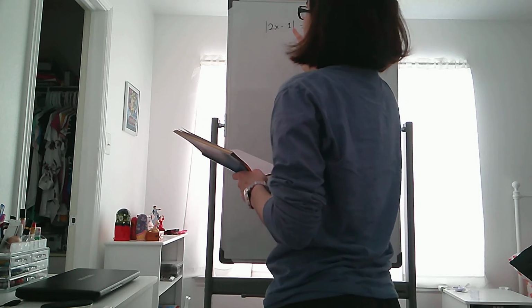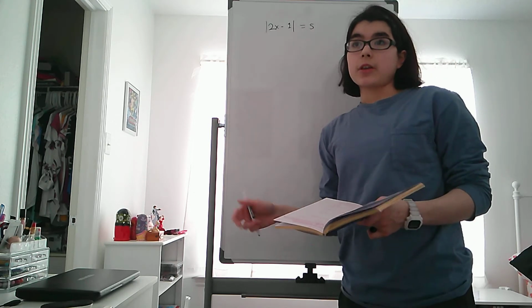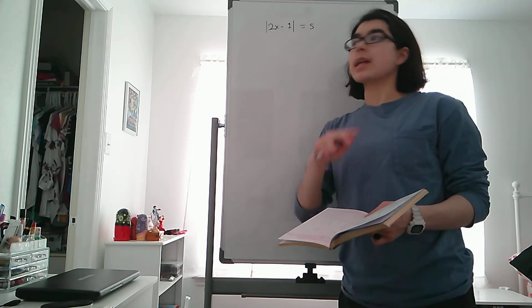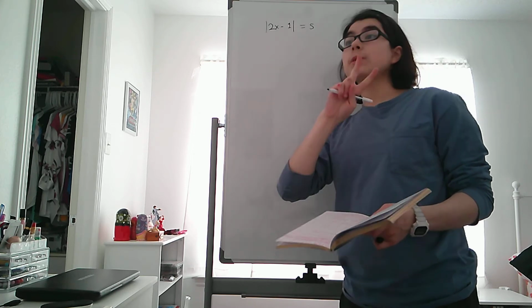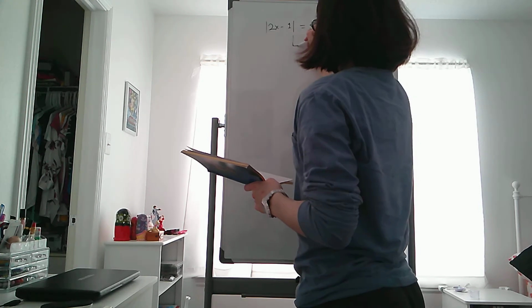Now when you're solving an absolute value equation, the definition of absolute value, which I just went over, means that for an equation like this, there are going to be two solutions, okay? So basically, we can split this up into